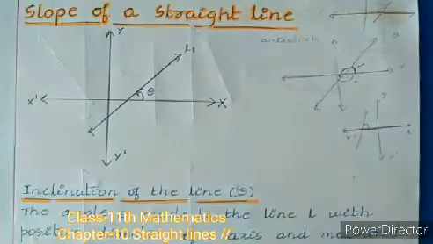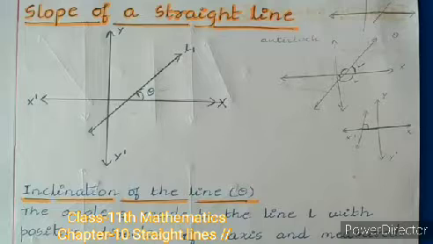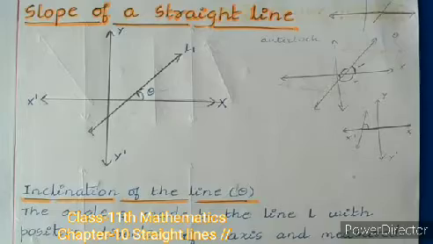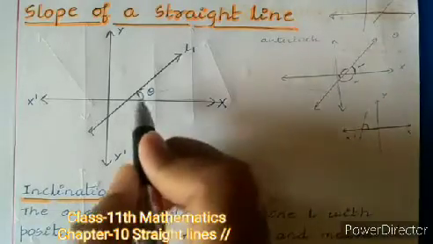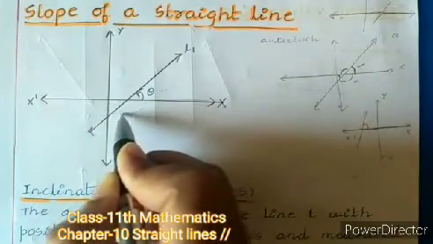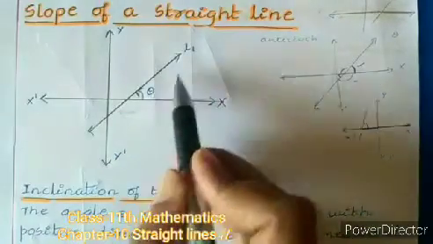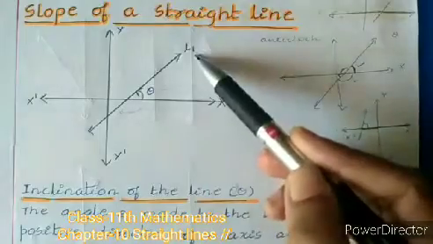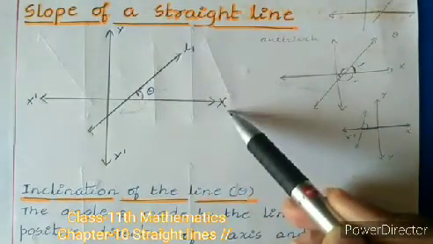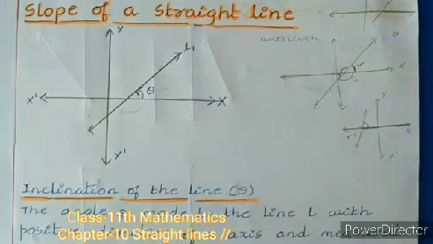That is, you might be knowing from the trigonometry chapter, the clockwise and anti-clockwise directions. If the movement is clockwise, then we get a negative angle, and if the movement is anti-clockwise, then we get a positive angle. So we have to consider here the anti-clockwise direction, that means this direction. This is the clockwise direction, and this one is the anti-clockwise direction. So this angle, the angle made by the line L1 with the positive direction of the x-axis in anti-clockwise direction, is known as the inclination of the line.